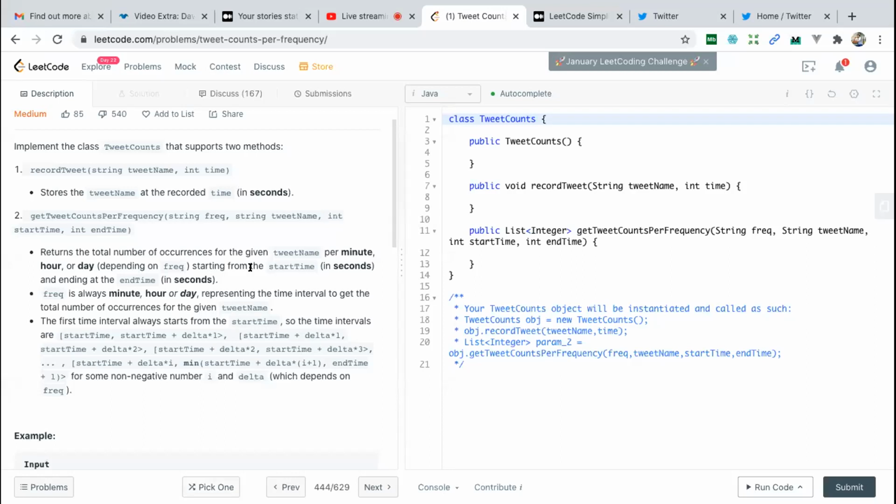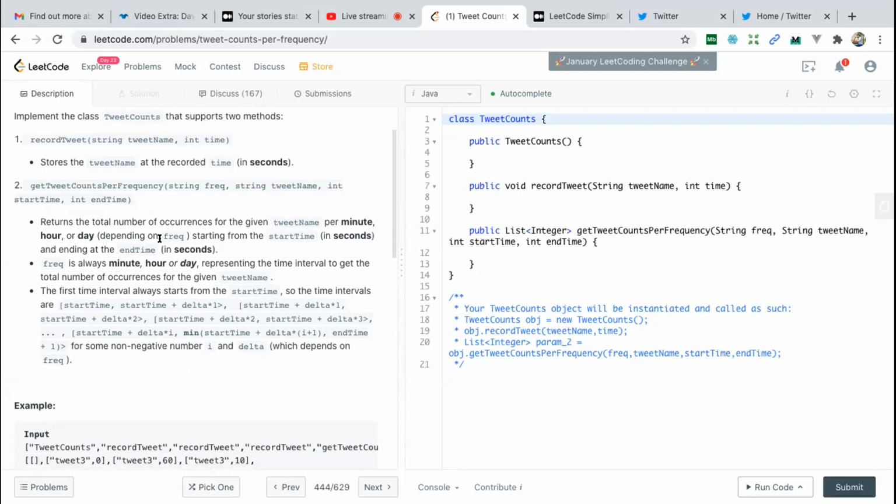Okay, so we have to implement the class TweetCounts that supports two methods. The first is recordTweet, which has two arguments, tweet name and time. We have to store the tweet name at the recorded time. The second method is getTweetCountsPerFrequency. We have the frequency, tweet name, start time and end time. We have to return the total number of occurrences for the given tweet name per minute,